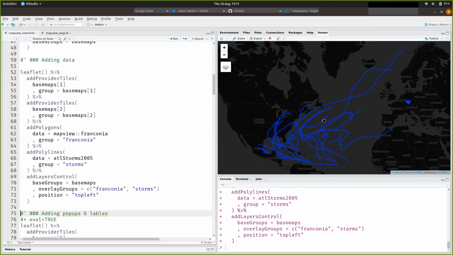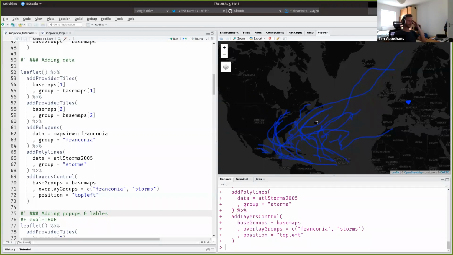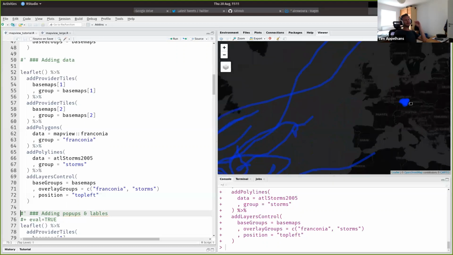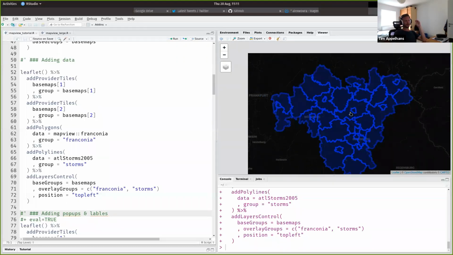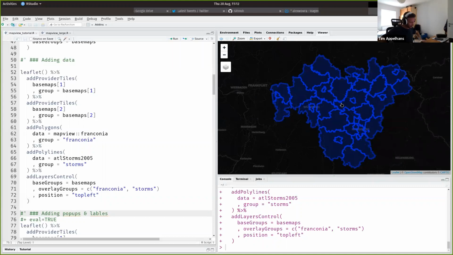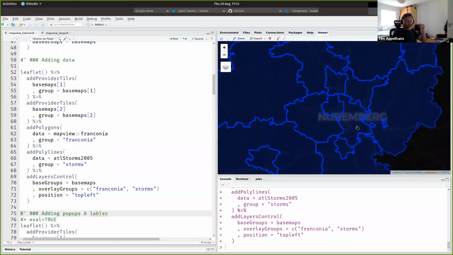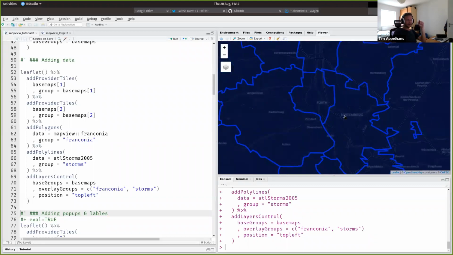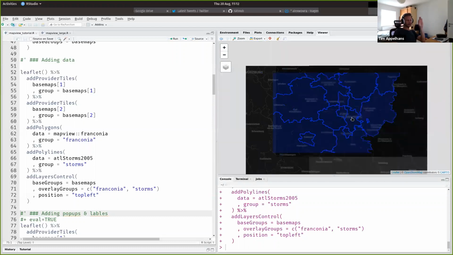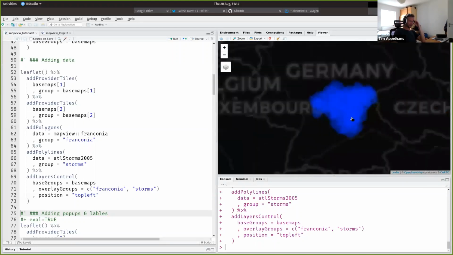we see that we get the lines data from the ATL storms. These are basically just storm tracks from hurricanes in 2005 or from some storms in 2005. And we get the Franconia data, which is basically just the administrative boundaries of a certain region in Germany. And that is included because here you see the city called Nuremberg, and that's where I currently am because I live there. So you always know where to find me when you use the Franconia